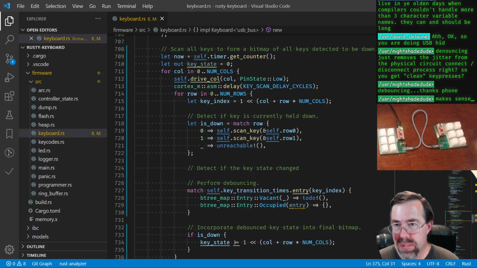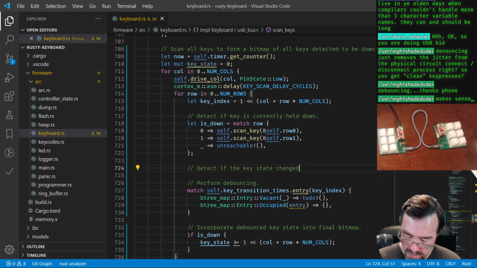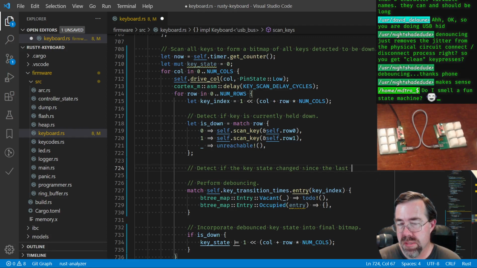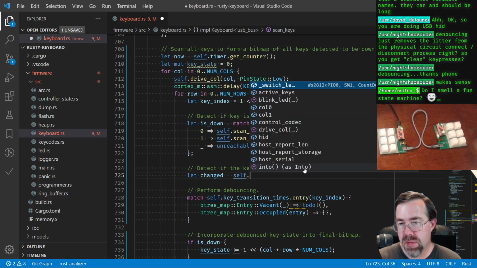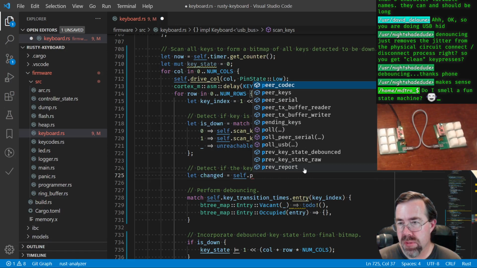Detect a key currently held down. Detected the key state changed, since the last sampling. So that would be a changed is if we take that self.previous_key_state_raw,